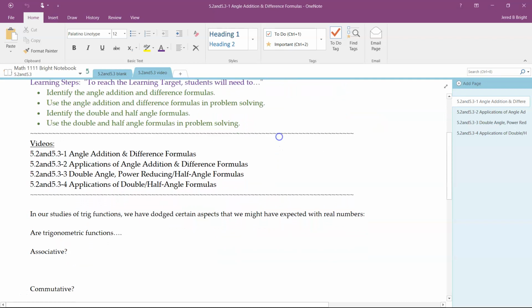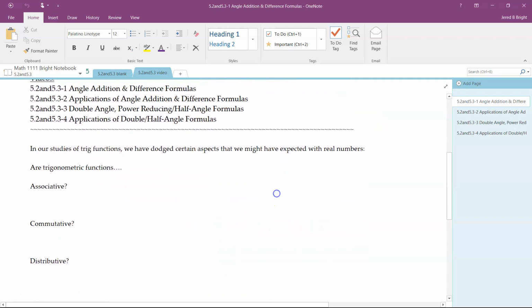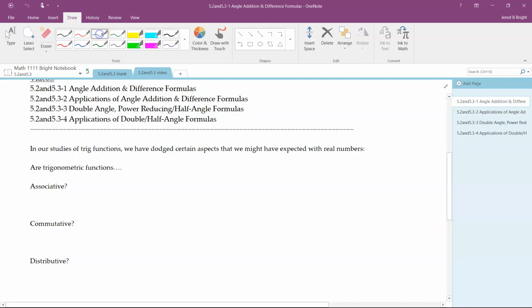Okay, so there's going to be 4 videos. When we've studied trig so far, there are things that we have skipped, things that you might normally think about when you're working with different classes of functions. For instance, are trig functions associative? So for instance, if I think of, given theta as an angle,